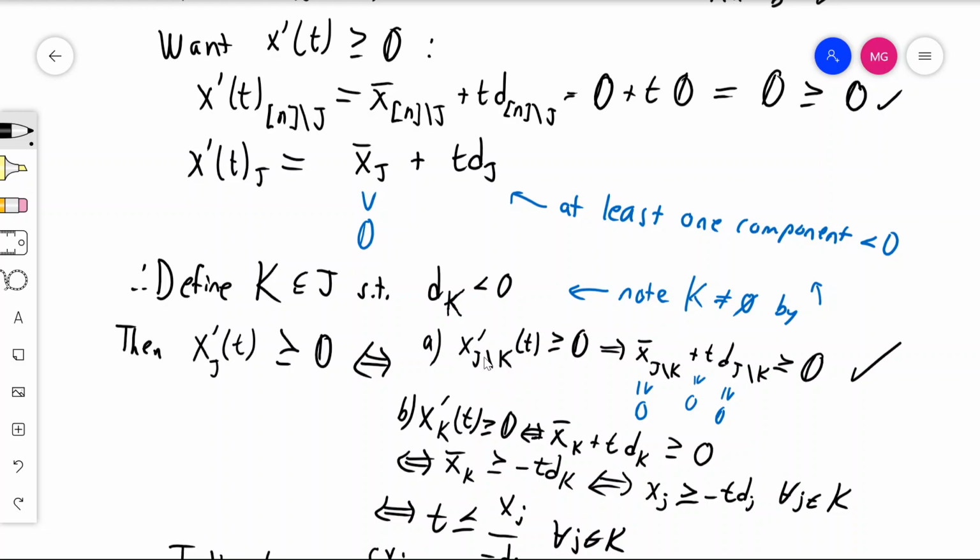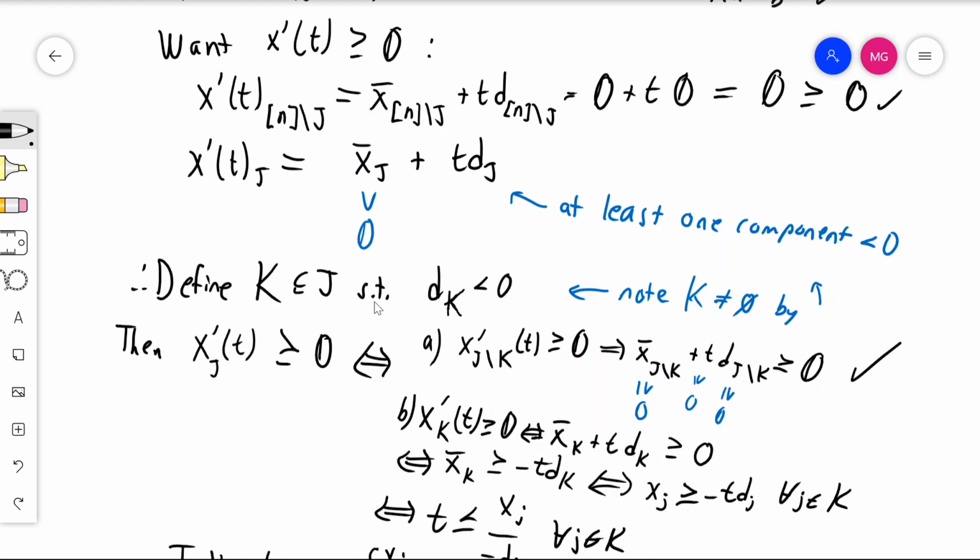Because we've already covered the things that aren't in J, it's just the parts that are in K and the parts that aren't in K but are still in J. For the parts that aren't in K, it's the corresponding components here, and everything is non-negative automatically by definition. The x bars are in J, so these are strictly positive. I put greater than or equal to, but actually they're strictly positive. And then t is non-negative, and then d